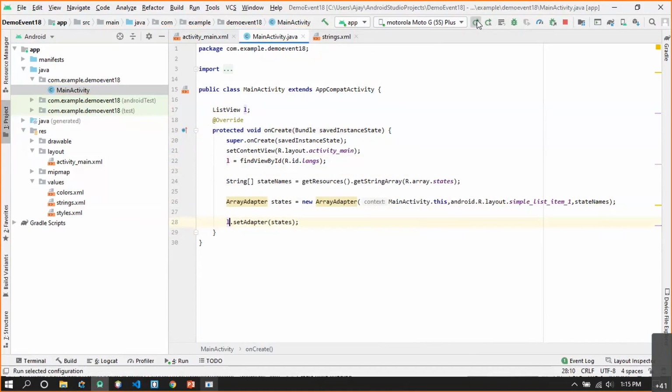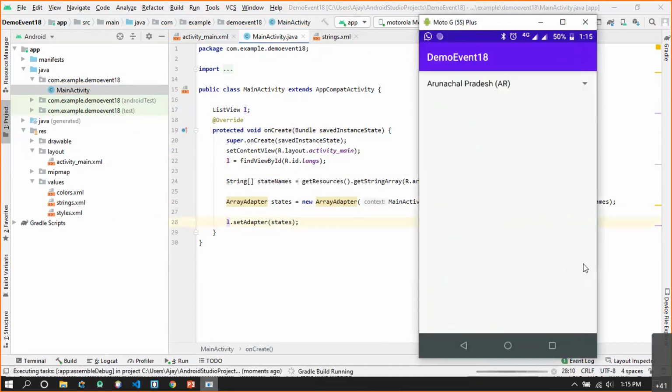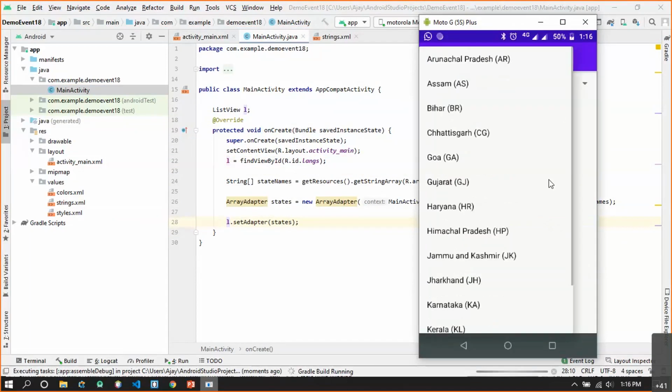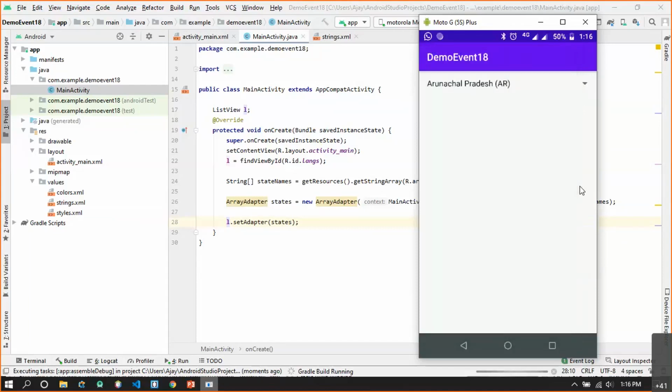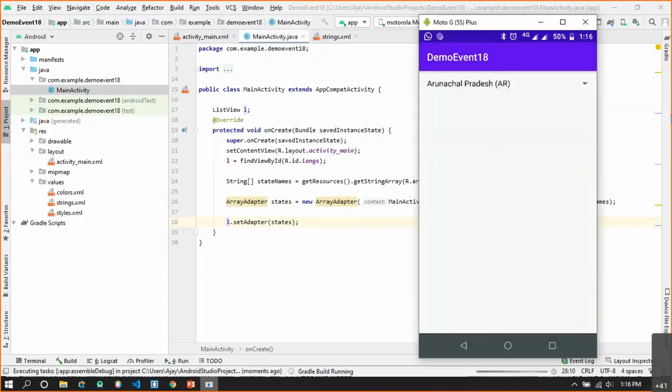Now let's try to run our code again and see how different the list view and spinner are from the UI perspective. As you can see, it's building a gradle, and this was a spinner which was actually a drop down. Once it runs the code, you can see the actual UI based difference between the list view and the spinner.